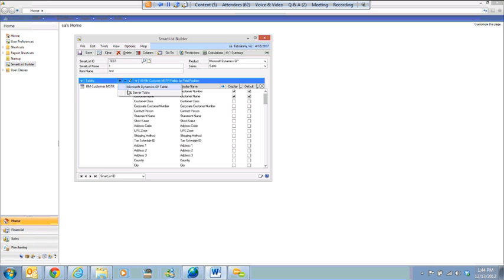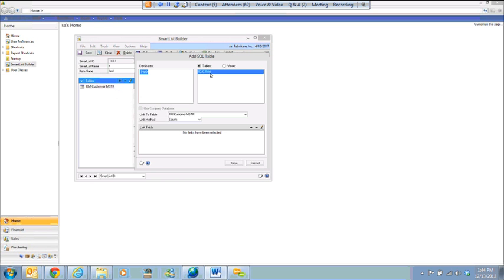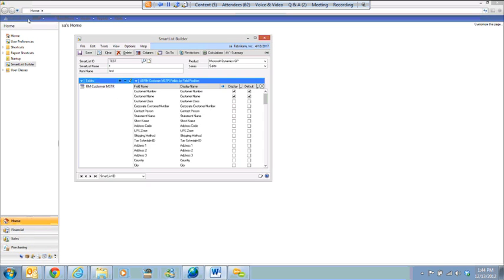Okay, I already have one, but we'll use it anyways. And you can see that one table is available. There are no other tables or views available because I've only given access to that one. So you can grant SQL tables, and you can see when we were in that window,